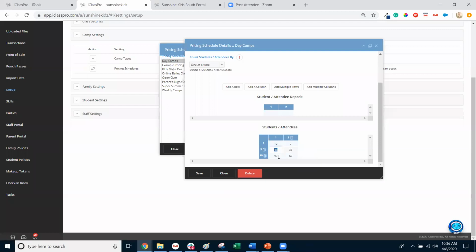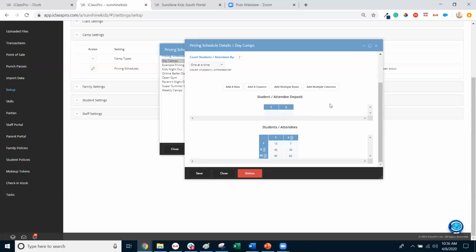So again, we'll look at the camp alias feature within the camp itself to make sense of this, but you just want to manipulate your pricing schedule to reflect this setup. Now, of course, we give you step-by-step setup help in the support knowledge base for this. And for that, you'll want to go to our support knowledge base, which is